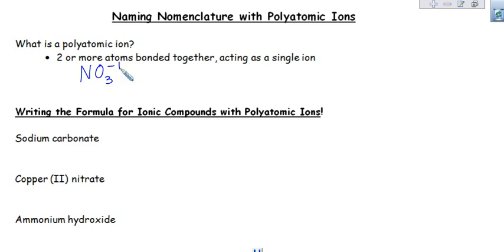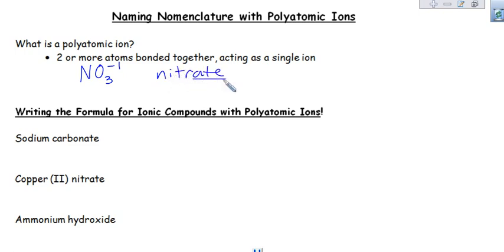So this polyatomic ion concept is just that. It's a group of atoms bonded together, but they have a charge, and they just have 1 charge. It acts as 1 single ion. The whole thing has a -1 charge. A lot of their names will end in ATE. So this is called the nitrate